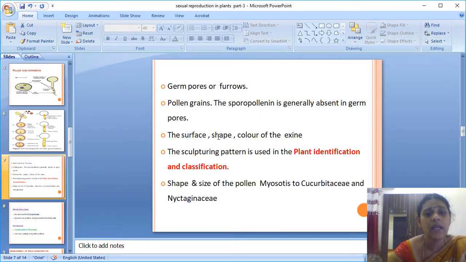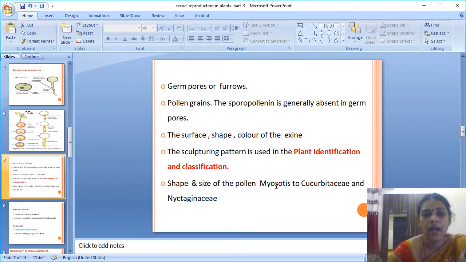Different shapes of the exine will be there. And the size of the exine layer, sorry, it is not color, it is size. The size of the exine layer is from 10 micrometer to 100 micrometer. 10 micrometer, for example, if you see the shape and size of the pollen, is Myosotis,